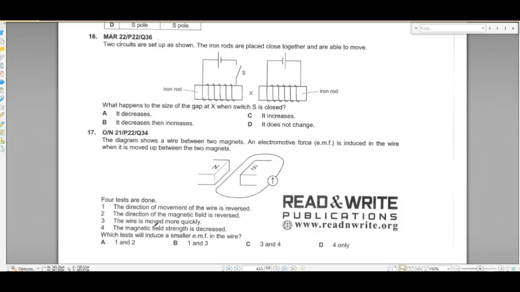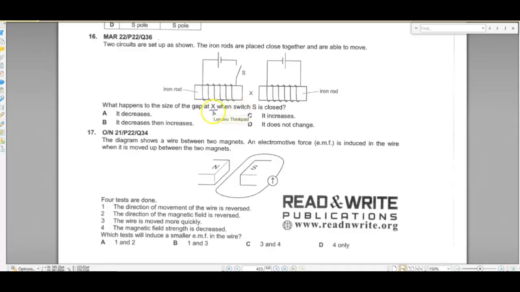Question number 60. Two circuits are set up as shown. The iron rods are placed close together and are able to move. What happens to the size of the gap at X when switch S is closed? Okay. When the switch S is closed,